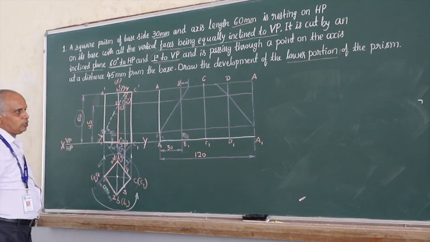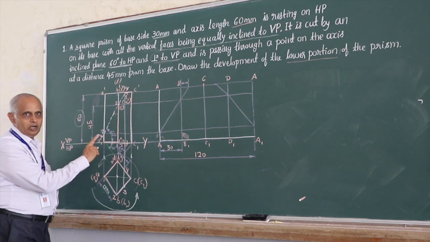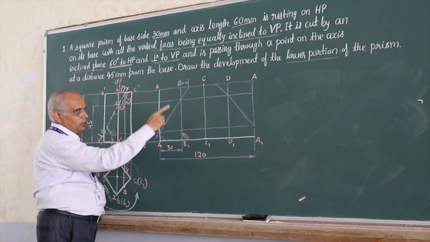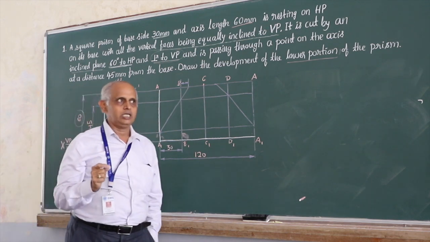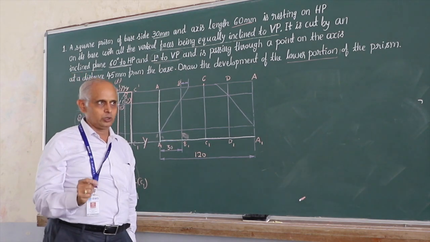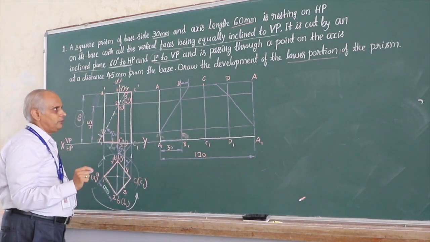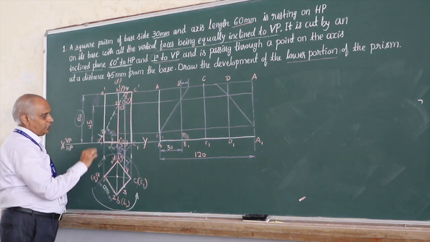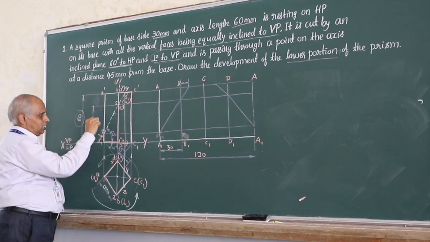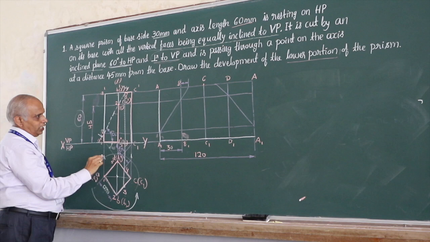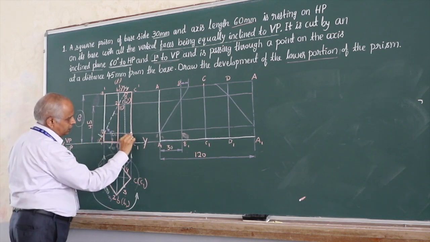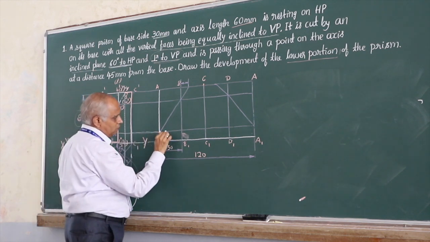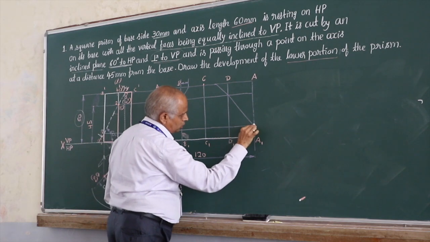Now we have got the basic development, but if you want to get the development of the retained portion, I need to first identify the section points on the development. A very important point to note is, on development everything is in true length. So you should always shift only true lengths on the development, never shift any apparent length. Now if you look at section point 1 on the development, it is on vertical side AA1, which is in true length here. Therefore, I can directly project it here, get 1, and remember it is on AA1 as well as this last one, that is also AA1.